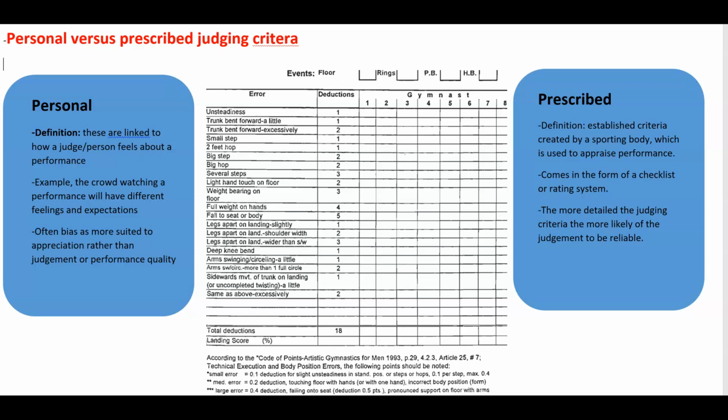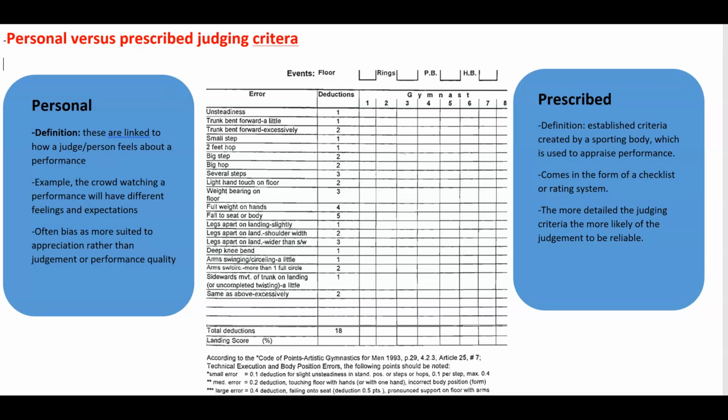The sheet that you can see in the middle is an example of a prescribed criteria for gymnastics. So the definition for a prescribed criteria is an established criteria that's actually been created by a sporting body and is used to appraise performance. And as you can see from the gymnastics score sheet in the middle, every judge will have one of these in front of them, and when someone goes to perform, say, a floor routine, they will judge based on this